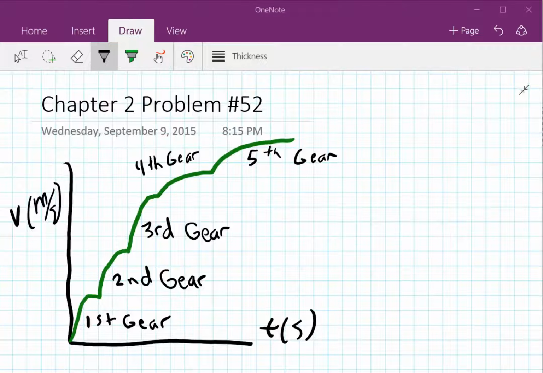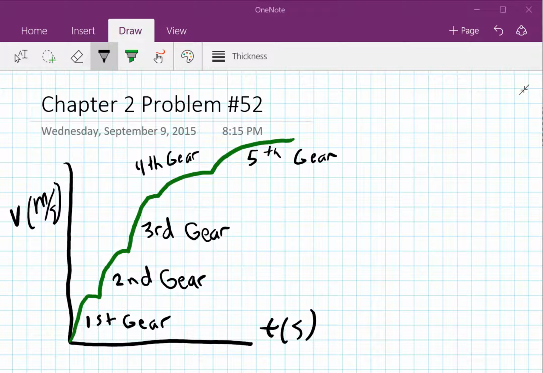Hello, this video should help you understand problem number 52 in chapter 2. I already did a rough sketch of what you should see in your textbook. It's not exact, it's basically just to help you understand what I'm looking at, then you can read the numbers off the actual book. So you have a velocity versus time graph and it's showing you the change in that